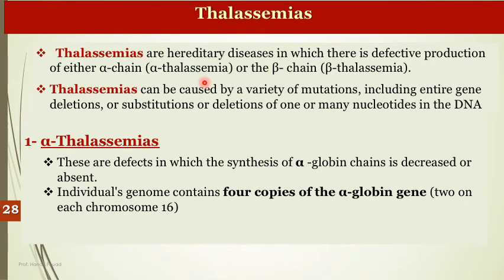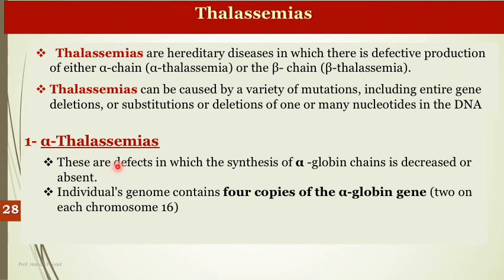The last diseases we are going to explain are thalassemias, which are familial. These are diseases of the Mediterranean countries, either alpha thalassemia or beta thalassemia. All types of mutation occur in thalassemia. We have point mutation, a mutation in a single nucleotide or a group of nucleotides. We have deletion, insertion, and frame shift mutation. All types of mutation lead to decreased synthesis of either the alpha chain or the beta chain.